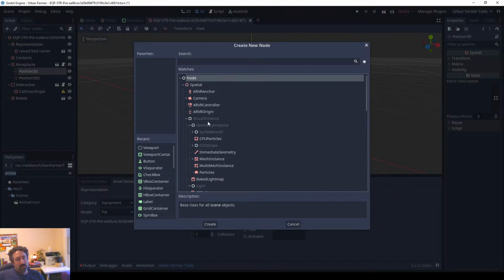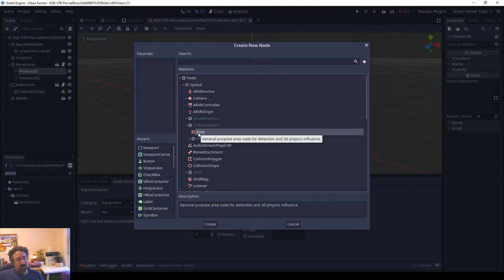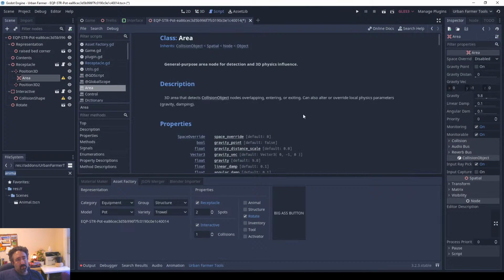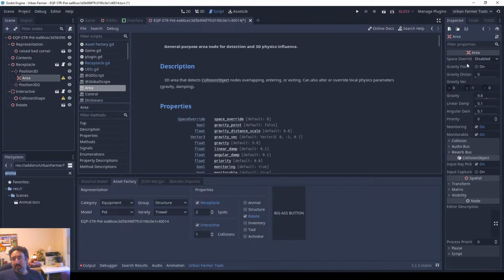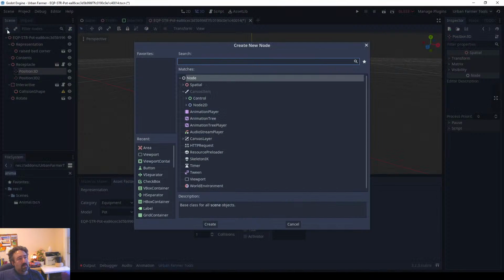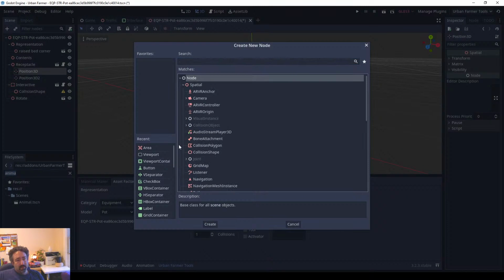Yep, it's like visual instance, it's a good vision. Let's create this an area. Let's evaluate our options. Most likely they'll be under